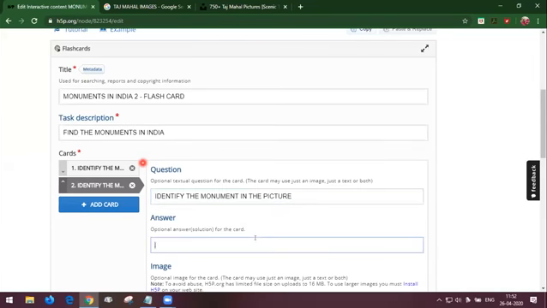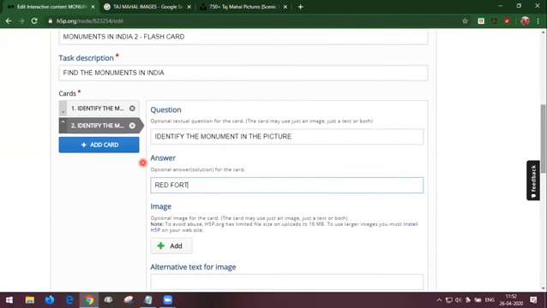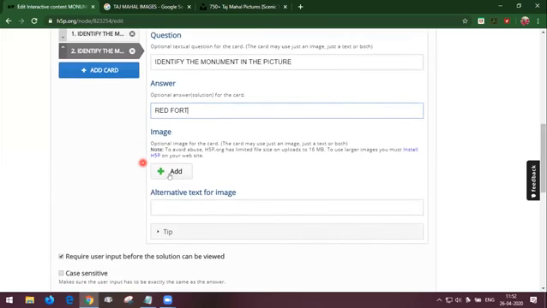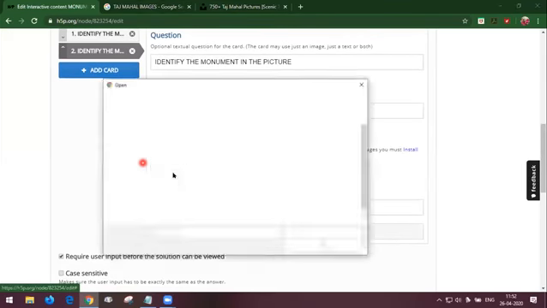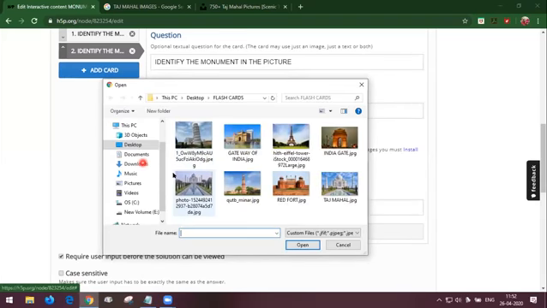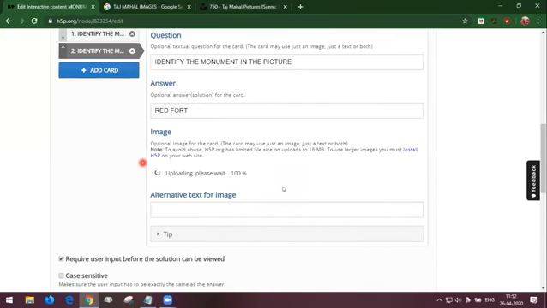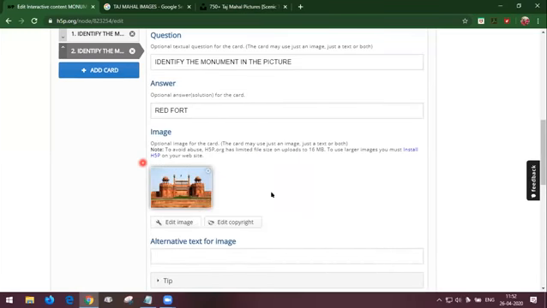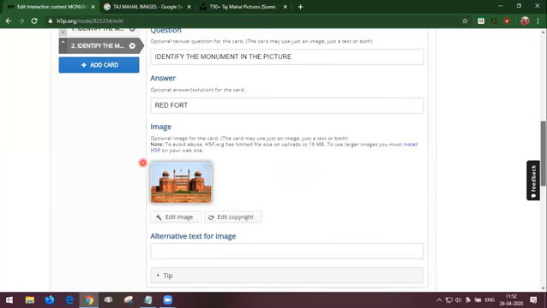Now I'm going to give the picture of Red Fort. I'm going to add the image for Red Fort. I have already saved. Here it is. Double clicking on that so that it will be uploaded in my flashcard image.